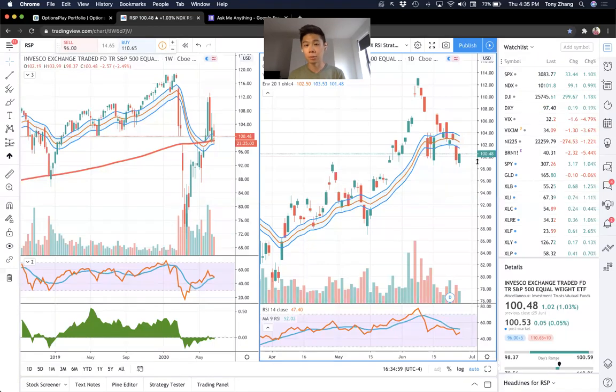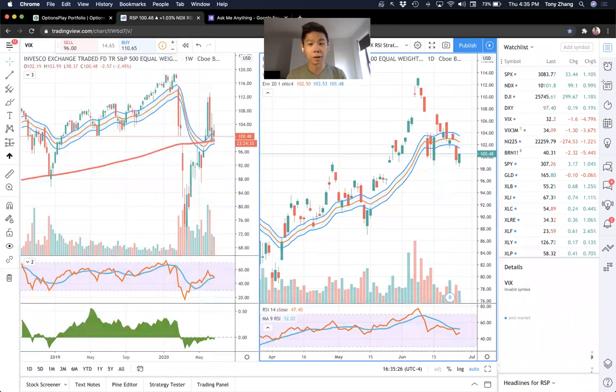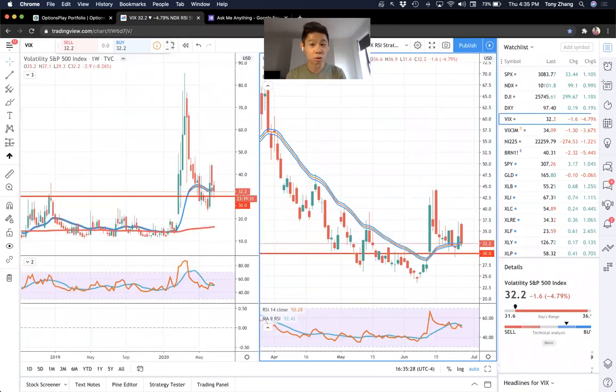But the fact that it remains above its support level, these are still indications that we are in this cautiously bullish, buy-the-dip type mentality, and the markets are still in that particular mentality. I will say that the momentum has shifted quite a bit to more neutral. So right now we're not taking any overly bullish or overly bearish views. We're predominantly selling, especially when the VIX still remains fairly elevated. VIX is still trading at 32.